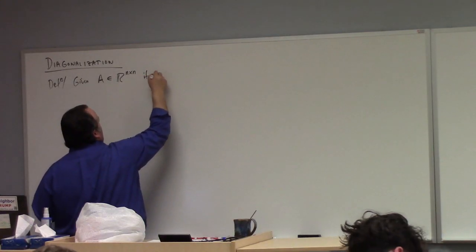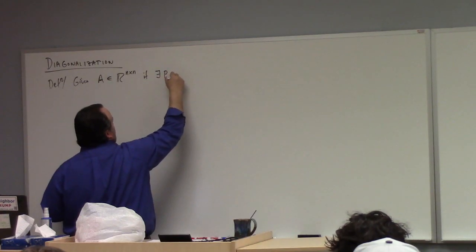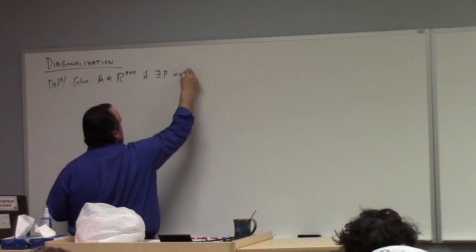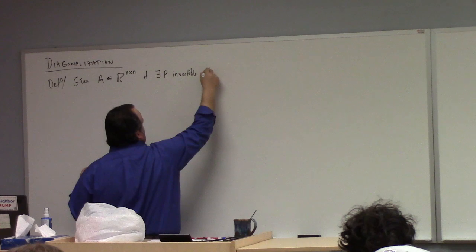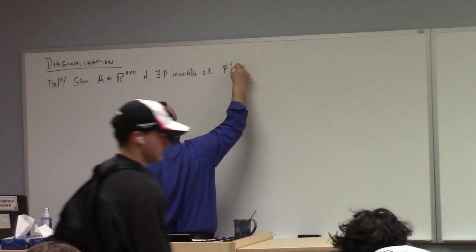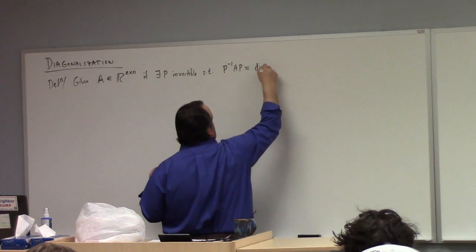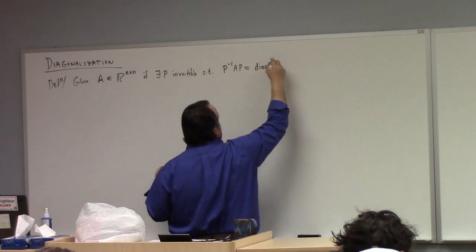If there exists P invertible such that P inverse AP is equal to a diagonal matrix,